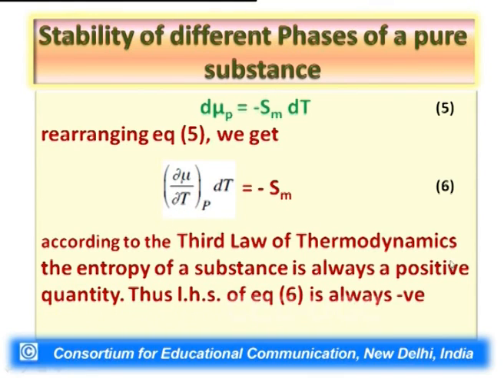So, according to the third law of thermodynamics, now we should recall the third law of thermodynamics. What does the third law of thermodynamics say? It says that every pure perfectly crystalline substance at absolute zero of temperature has its entropy 0. And moreover we know that entropy increases with temperature. So, what it does mean, at any finite temperature, the entropy, molar entropy of a substance is a positive quantity, and a negative sign if we introduce to entropy, that is minus Sm.